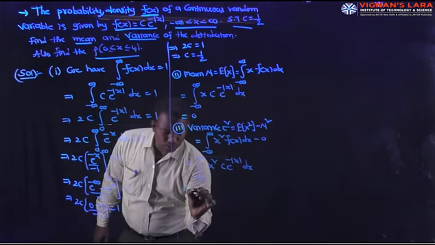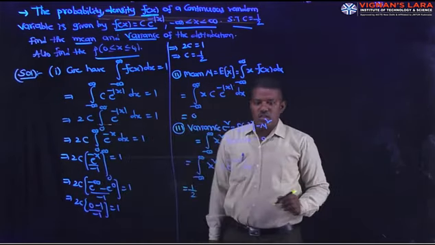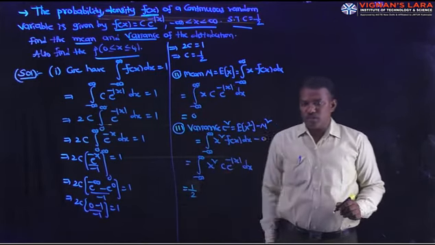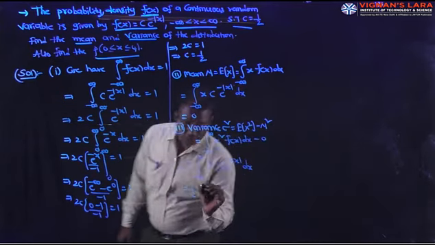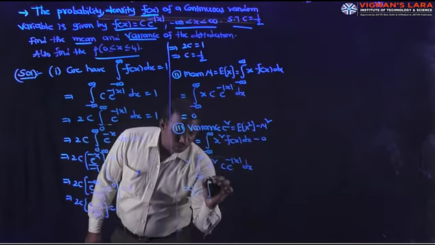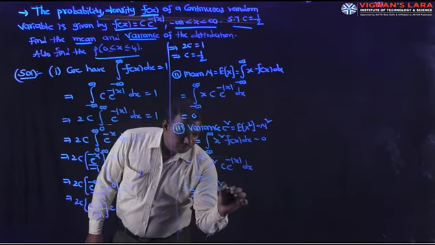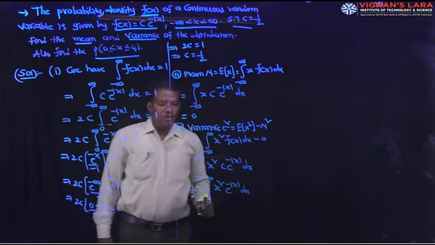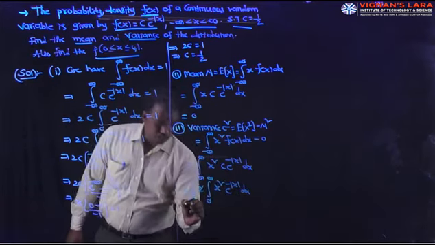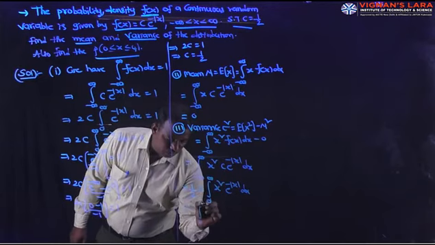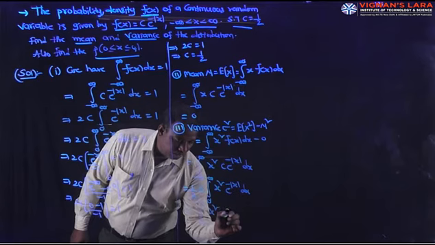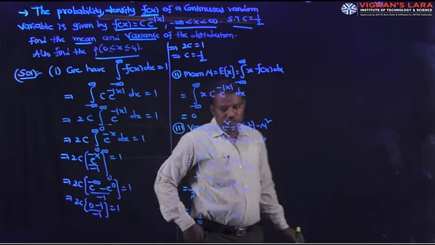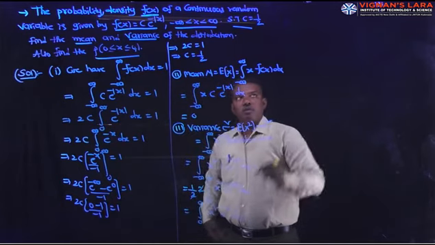So this is equal to 1 by 2 into, next, x square is an even function, e power minus mod x is an even function, product of two even functions is even, so it can be written as 2 into 0 to infinity x square e power minus mod x dx. In between 0 to infinity, mod x is x only, so it is 0 to infinity x square into e power minus x dx, since mod x value is x in between 0 and infinity, all are positive values.